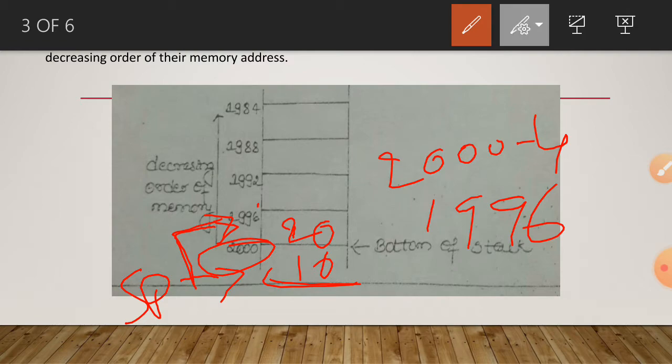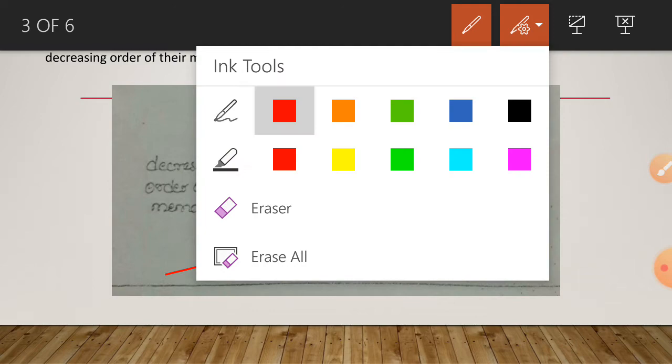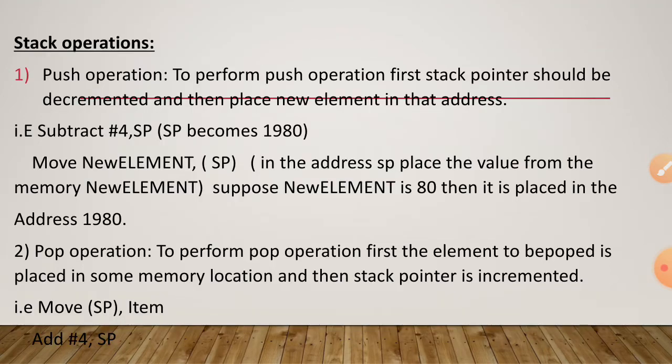Okay, so to perform a push operation we need to decrement the stack pointer. For example, subtract #4, SP. The hash means immediate addressing mode. What is the SP value?